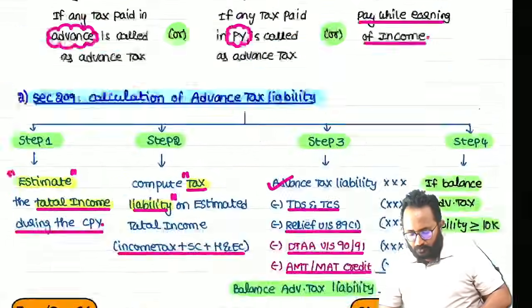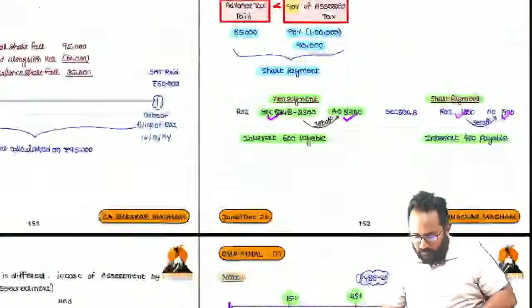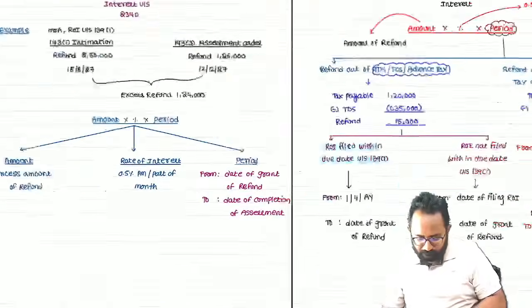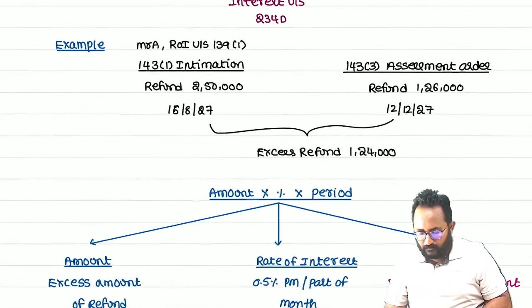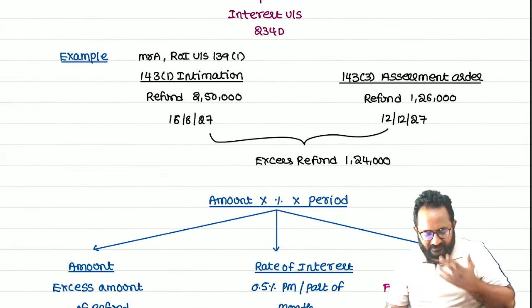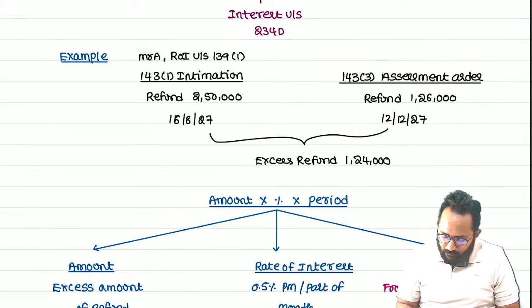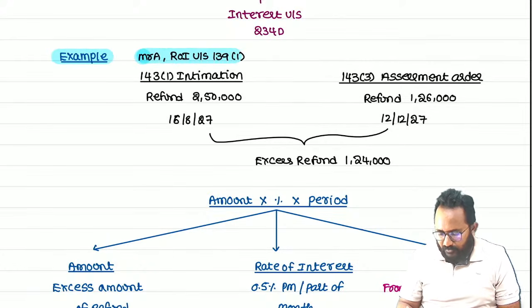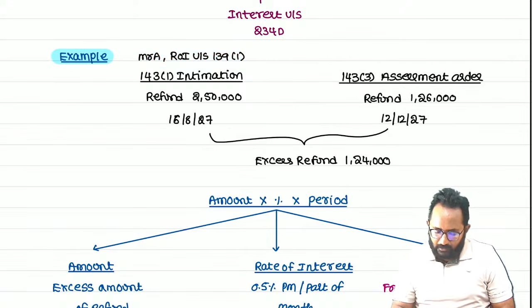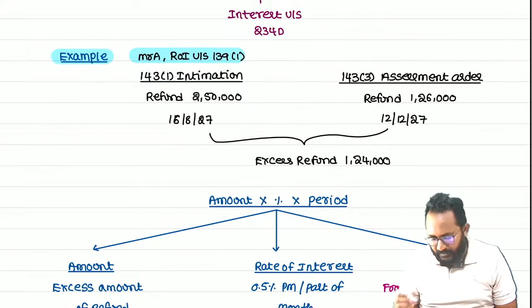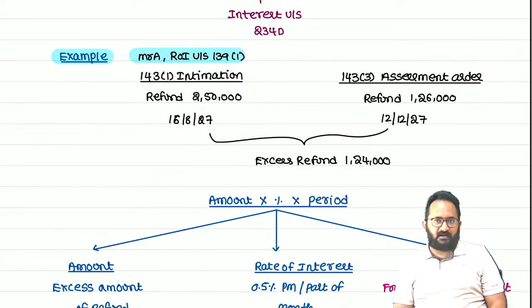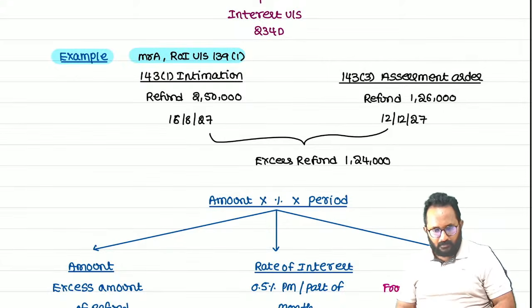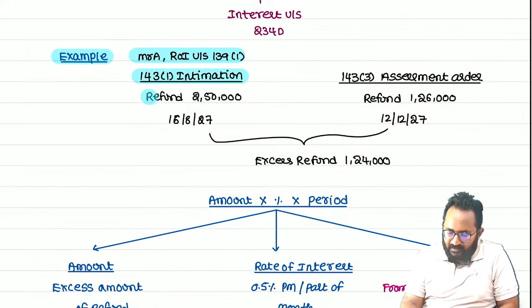Please take 234D in your material. First we'll take this example, then after we can discuss what 234D is. SSC filed the return of income exactly on the due date. He got the intimation, I think you know, processing of a return. He got the intimation and took the refund on this date.